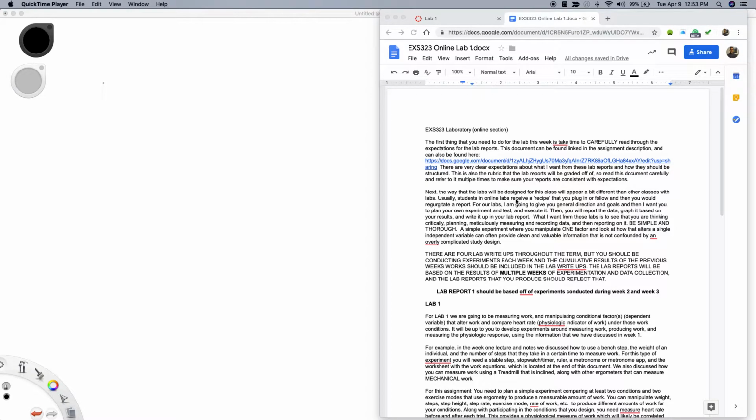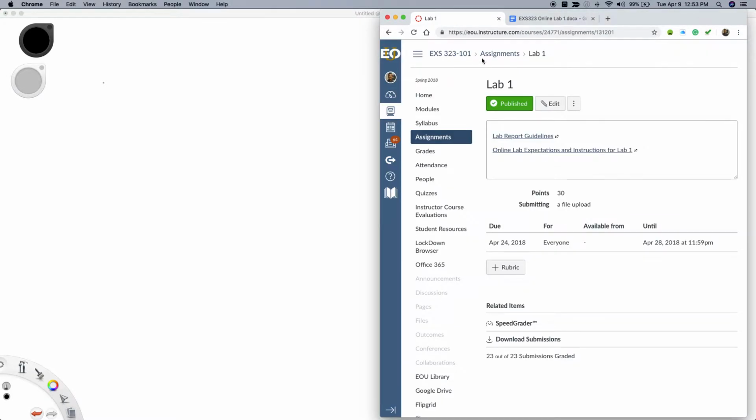So the first thing that I want to point out is that in your Lab 1 in assignments, you click on assignments and then go to Lab 1. In Lab 1, you have your lab report guidelines. This is what I expect out of your lab reports. So you have 4 lab reports this term. This week's experiments and next week's experiments get combined into one lab report that's due a week from next week, basically. So you have a couple weeks to finish your labs, but you are meant to be doing multiple experiments over different days